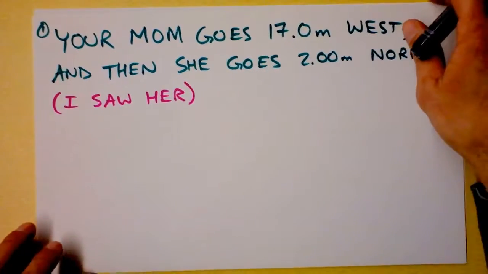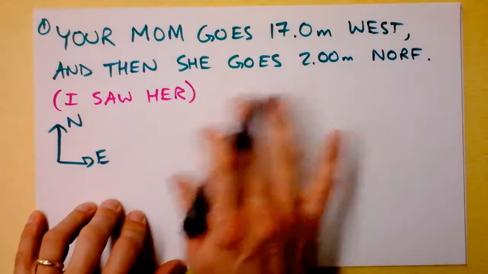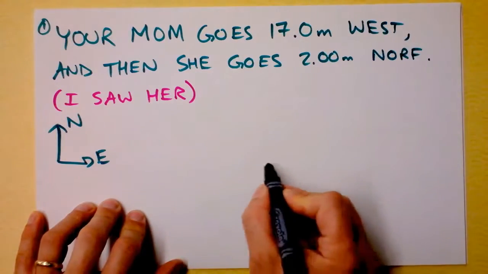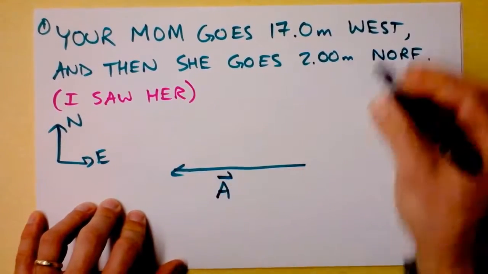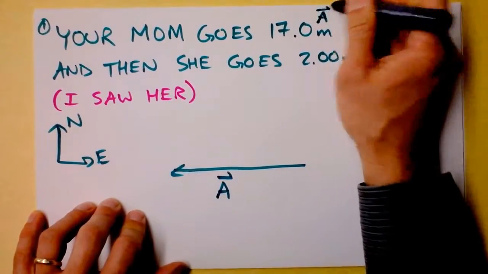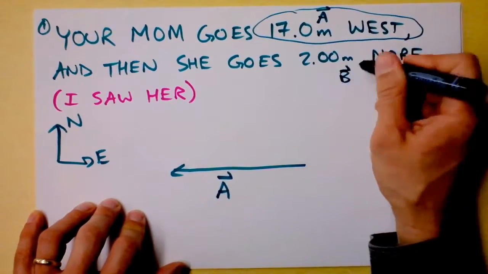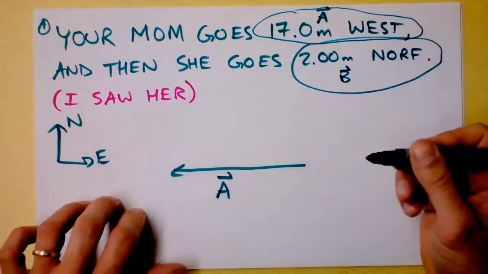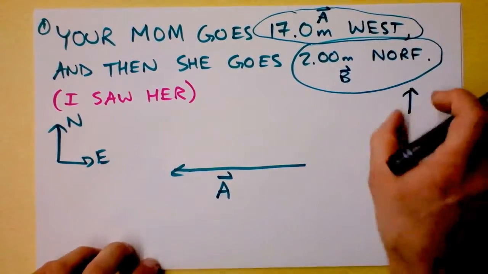Here's the first problem. Your mom goes west, and it's supposed to be 17 meters. Now, I don't have to scale this because I'm going to use math to solve the problem for us. And there's the vector that I'll call A. This one is what I'm identifying as vector A right here. And then I'm going to call that guy vector B, so I should draw that tip to tail. Well, this vector is supposed to be pointing like that, to the north. So I could put that right